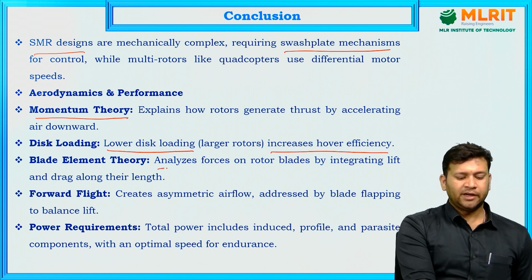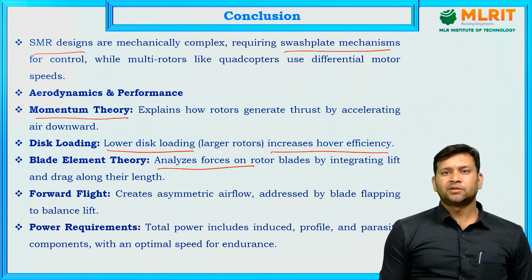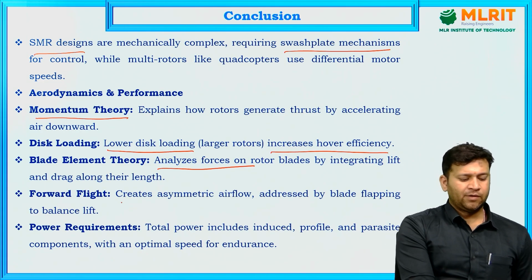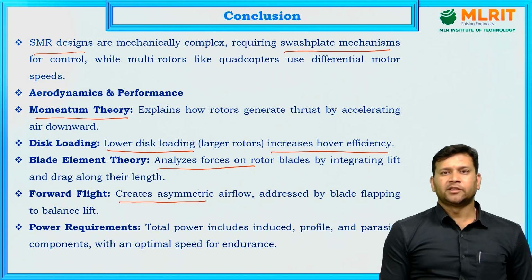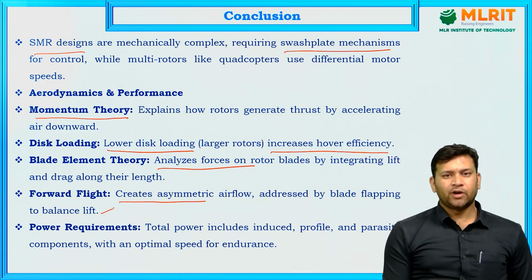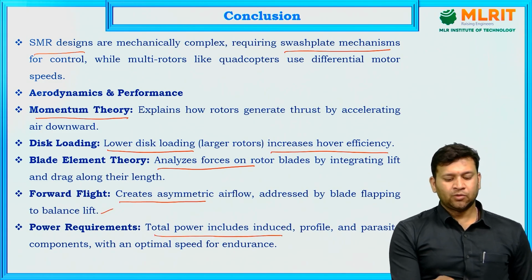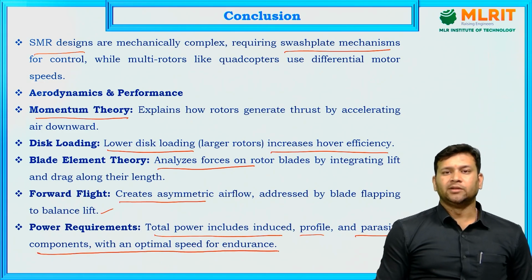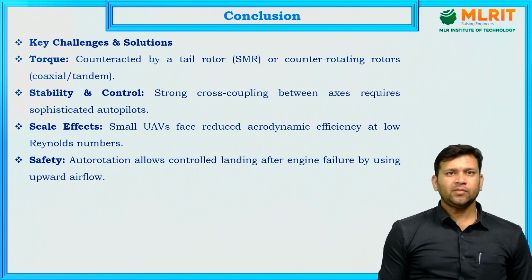Blade element theory analyzes forces on rotor blades by integrating lift and drag along their length. Forward flight creates asymmetric airflow, addressed by blade flapping to balance lift. Power requirements: total power includes induced, profile, and parasite components, with an optimal speed for endurance. The key challenges and solutions: torque